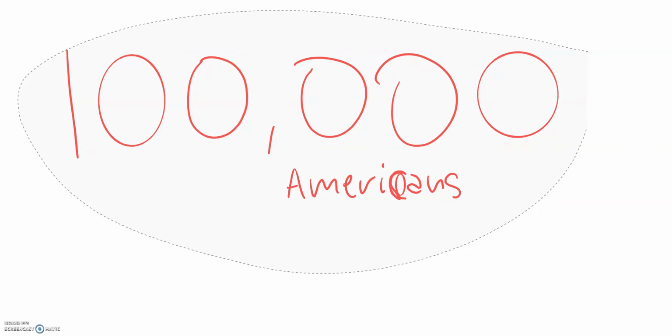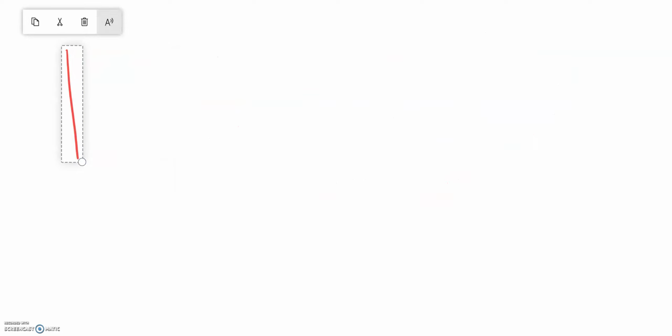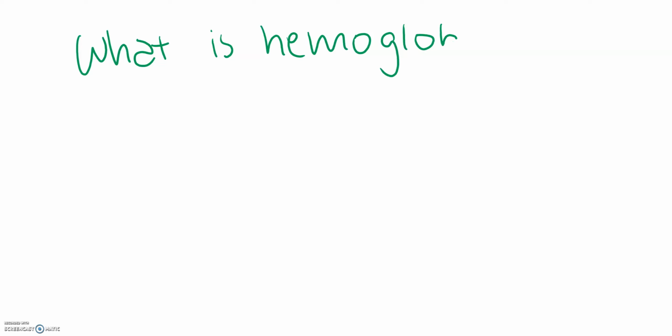But getting back to topic, you may be wondering, what is hemoglobin? So, hemoglobin is basically a protein that is in charge of transporting oxygen throughout the body. And SCD causes any affected blood cells to break down early, potentially causing anemia to occur. Now, going a few steps back, hemoglobin is basically a protein.